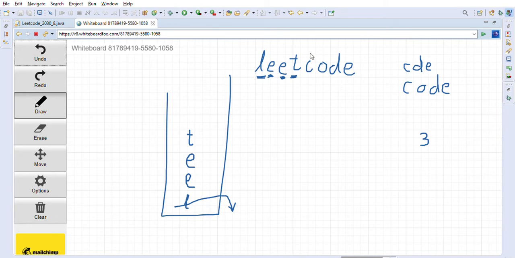And after that, this c character comes, right? Now we are at a c character. Now as you can see, c is smaller than t, right? So we will remove this from the stack. Then c is also smaller than e, we will remove this also from the stack, and c is also smaller than this e, so we will remove e also from the stack, right? So now our stack is empty, and then we will push c onto the stack, right? C will be pushed into the stack. So now at this point, the stack contains only the character c, right?